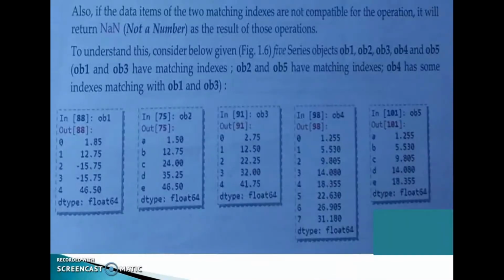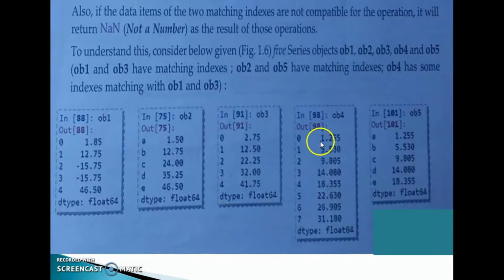Consider this one. Here, 5 series objects are there: OB1, OB2, OB3, OB4 and OB5. OB1 and OB3 have matching indexes. Then OB2 and OB5 have matching indexes. OB4 has some indexes matching with OB1 and OB3. Here OB1 indexes are 0, 1, 2, 3, 4. OB3 has the indexes 0, 1, 2, 3, 4.